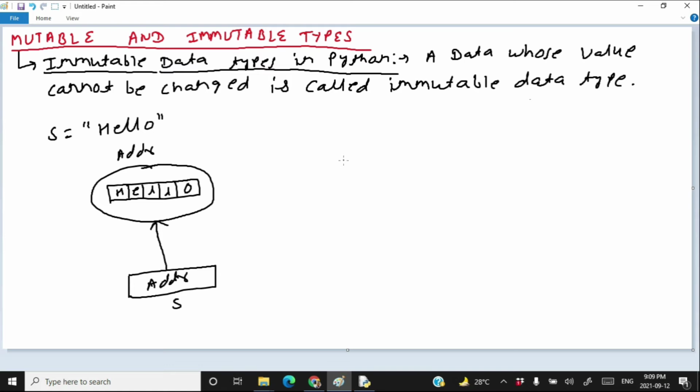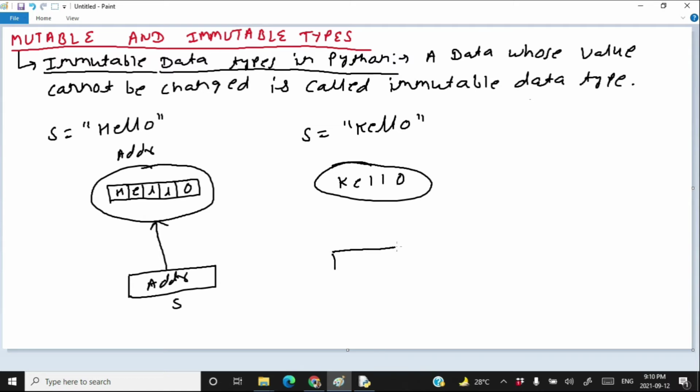The idea is that you cannot change one character of a string object. Okay, I cannot write K instead of H. That will be wrong. I cannot change H to K. But I can write here S is equal to KELLO, and one more object will be created which contains KELLO.